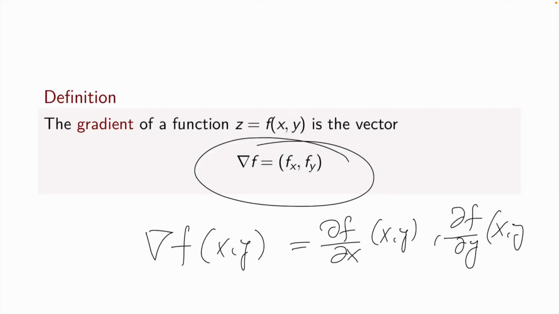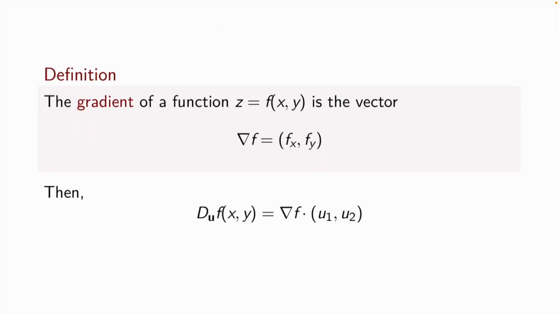So putting together all this, we can say then that the directional derivative is nothing but the dot product of the gradient with the unit vector. So then we have a very practical way to calculate the directional derivative. It's just the dot product of the gradient with the unit vector in which direction we want to